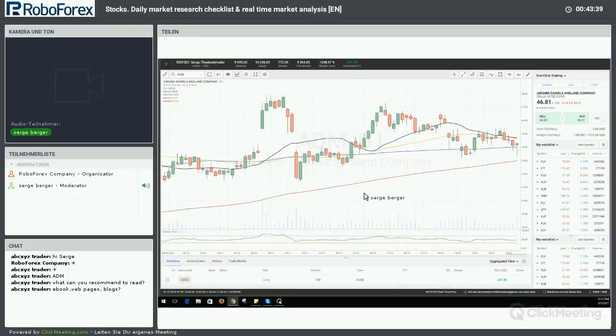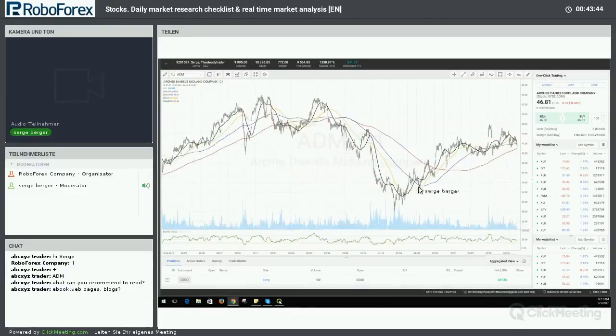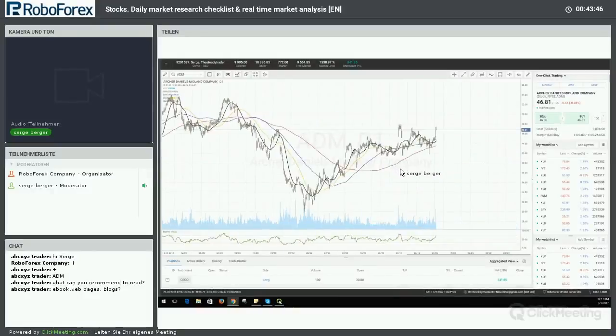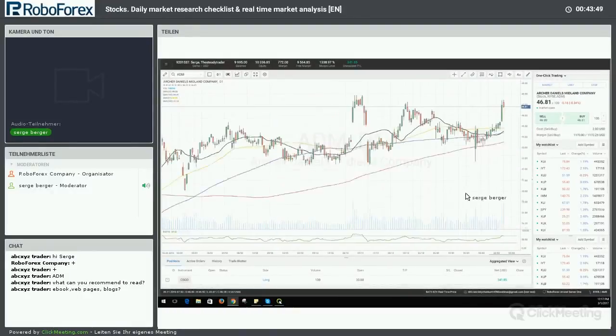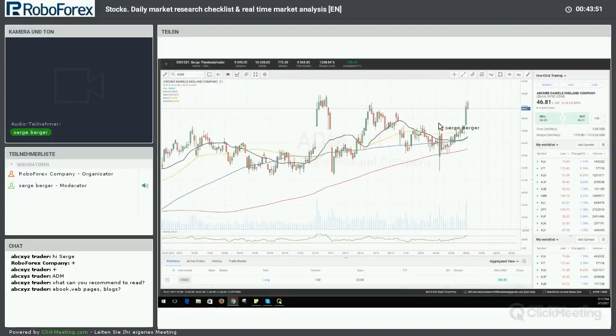I guess that was last November, and all in all, this is not something that, in my opinion, you want to fight on the downside, right? It's probably something that one wants to respect. And ultimately, if we can maybe break above $47 and change, maybe a little bit higher, then that's probably something where I'd look to participate on the long side, as opposed to trying to fight it, right? If there's nothing else you're going to learn from this, this is probably the most important thing, is to make sure you don't fight trends.